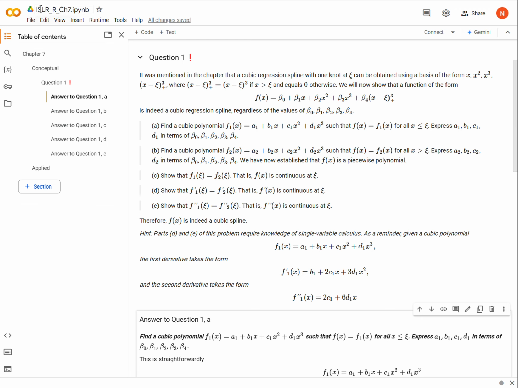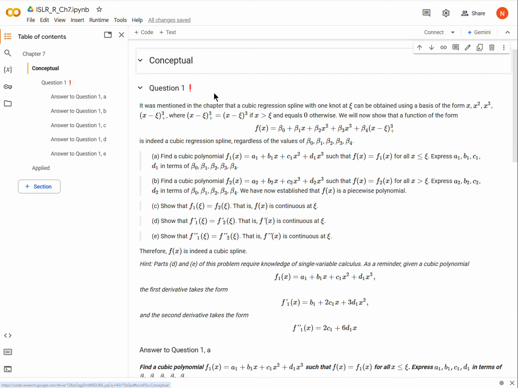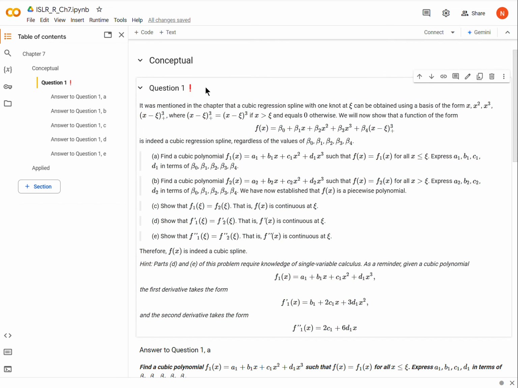We are in Introduction to Statistical Learning, and we're just starting Chapter 7 with the conceptual questions. Question 1 has an indicator that it's maybe a little bit difficult, but it's not terrible. So here's the question. It's mentioned in the chapter that a cubic regression spline with a knot at psi,